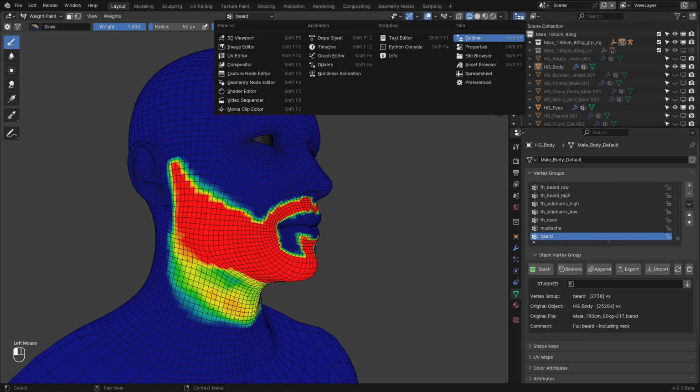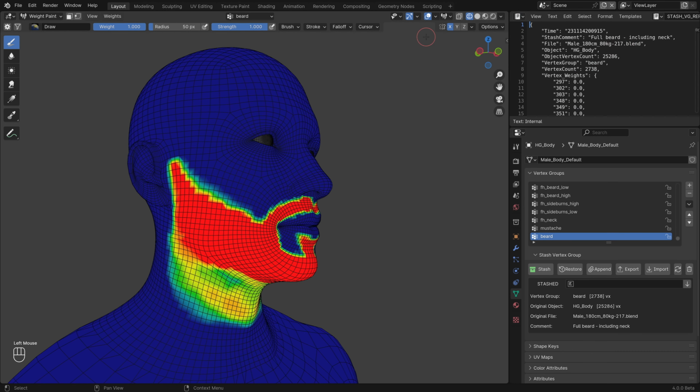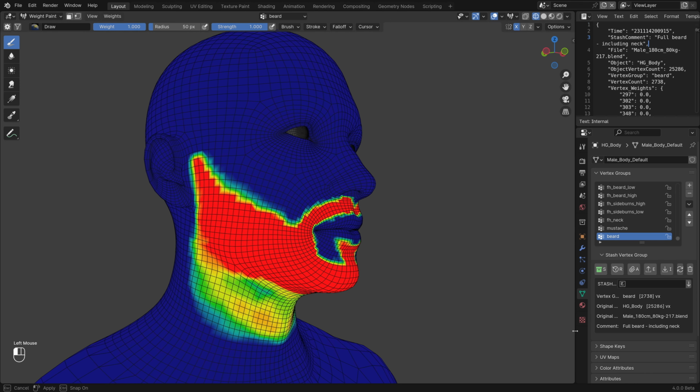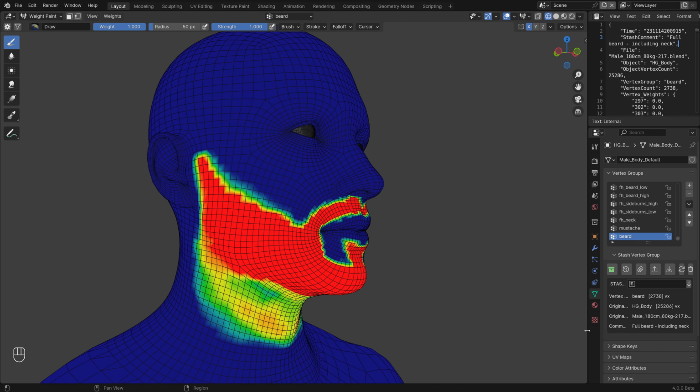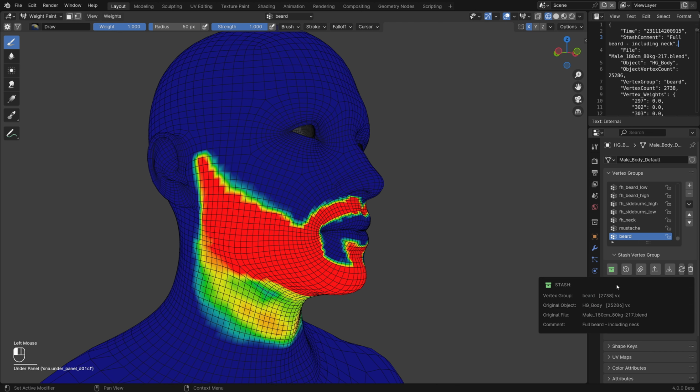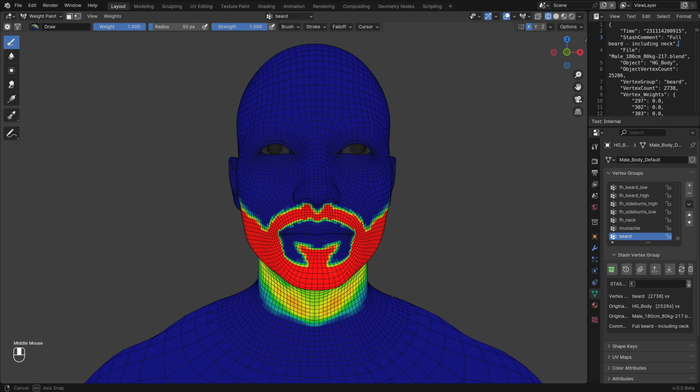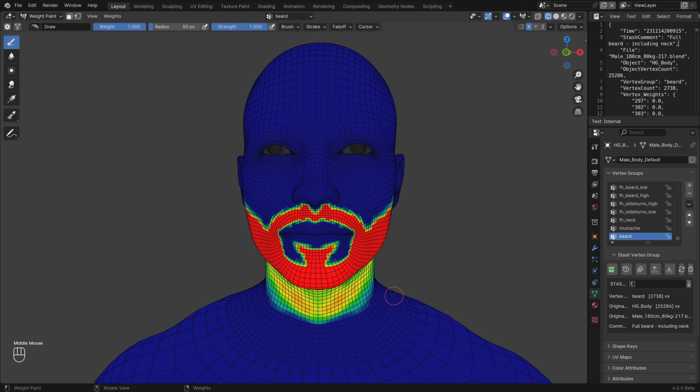The stashed vertex group is kept internally in the text editor and can be edited there as well if you find a need for that. When the panel's width makes it hard to read from the information area, it can be called upon by clicking the stashed label. That's it for now. More features will be added later,